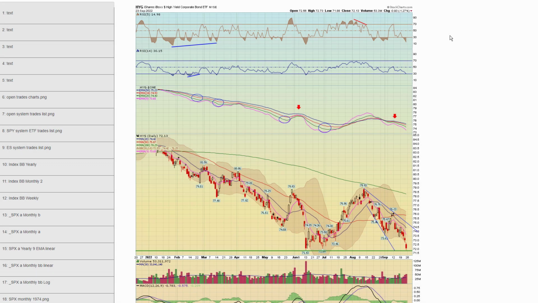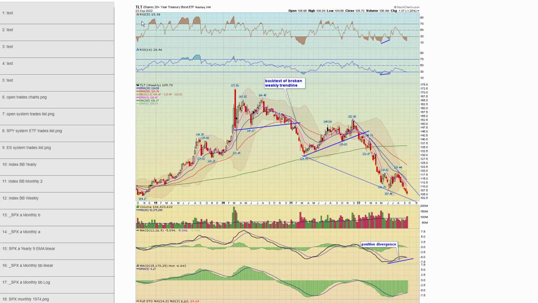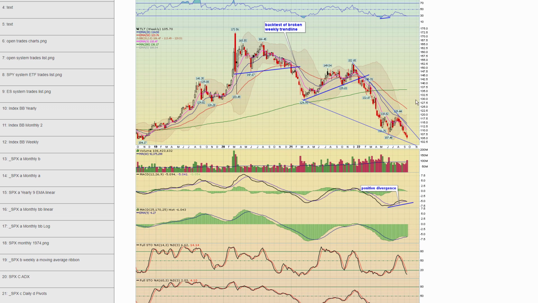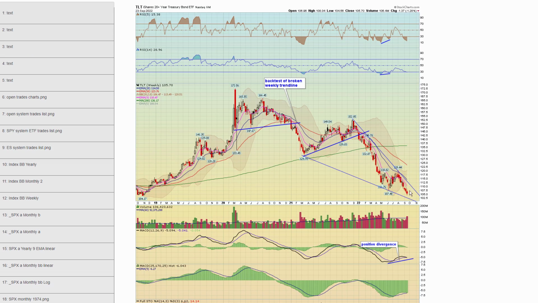Next. Chart 48, TLT, 20-year bond. This moves opposite of interest rates. So one thing we are monitoring is this weekly wedge pattern with MACD divergence. Again, you need a trigger, but bonds are down 27% this year. They've actually been declining since 2020, but they could set up a long opportunity down here on an eventual reversal. Something we're watching.